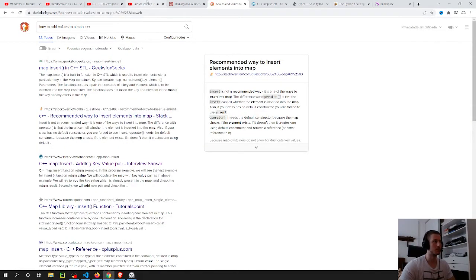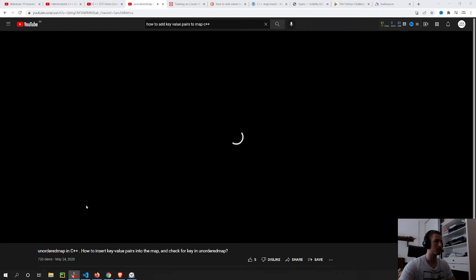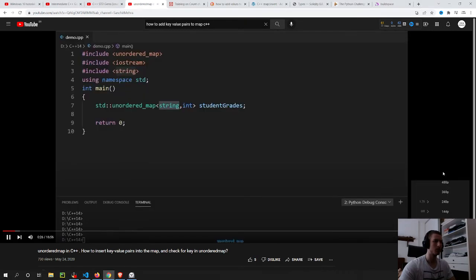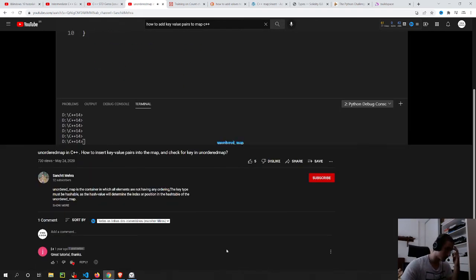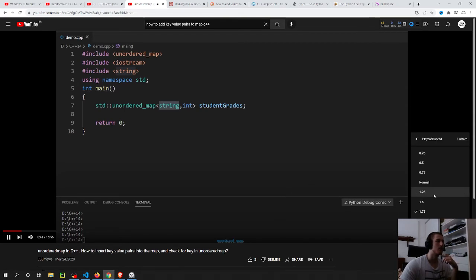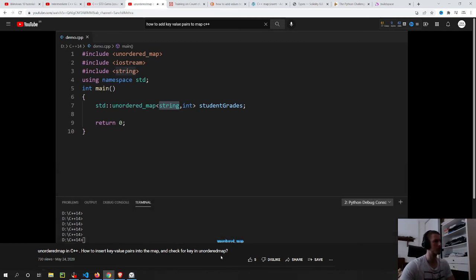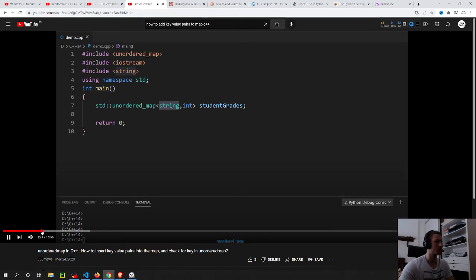Hello, today we will learn about an ordered map in C++ and how it is different from a map in C++. So map basically stores an elements in ordered fashion. Underlying data structure is balanced binary tree, and so it stores all the elements in some ordering. Okay, but in unordered map, the elements are unordered. There is no ordering that's defined. That's because unordered map uses hash table in which there is a key and value pairs, and the key has to be a hashable type. What I mean by hashable type is that you get a hash of that key, and that hash would be then indexed into that hash table. So that has to be a hashable type. If your key is not a hashable type, then it would not be getting indexed in the hash table. So